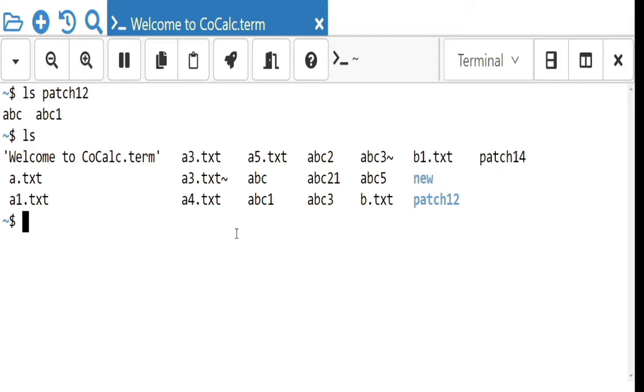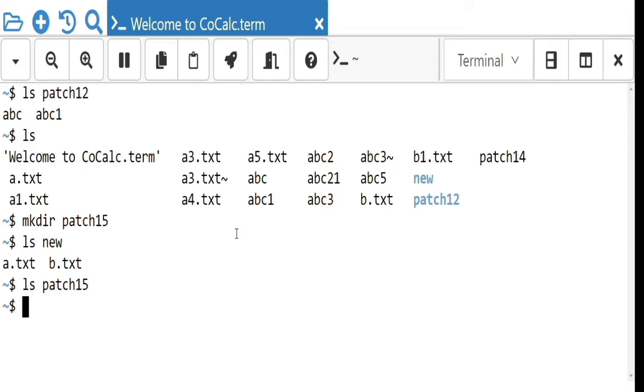I will create mkdir patch15. I have created the directory now. Let me check the new folder. Then ls of patch15: no folders are there in patch15. Two files are there in the new folder.